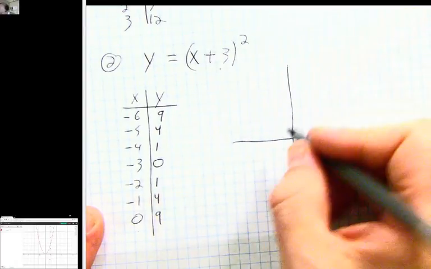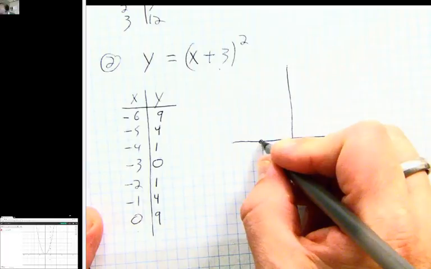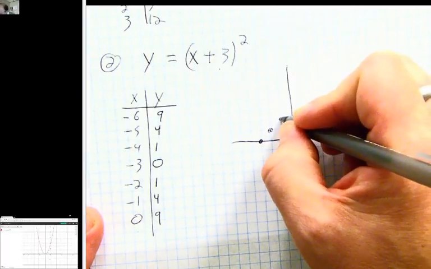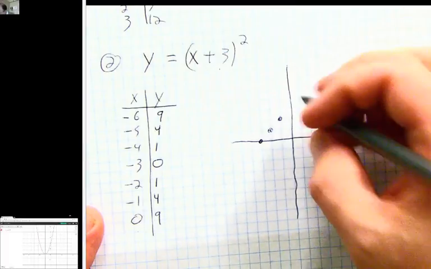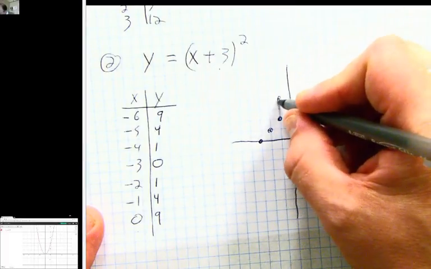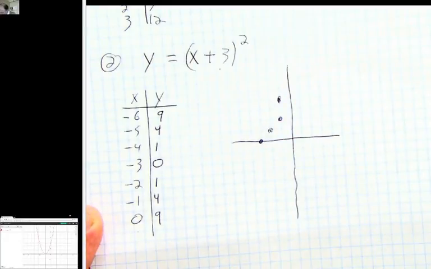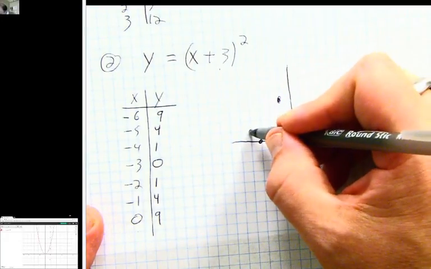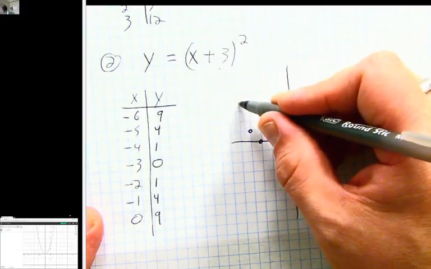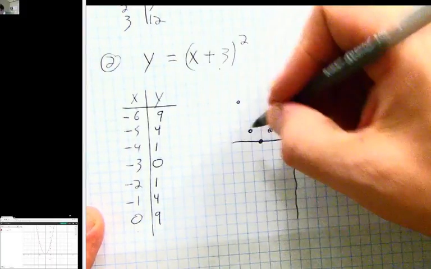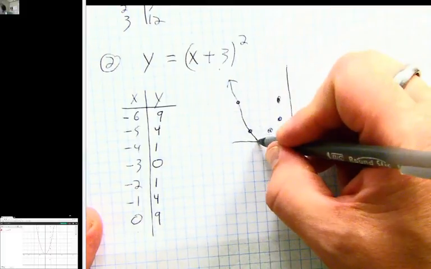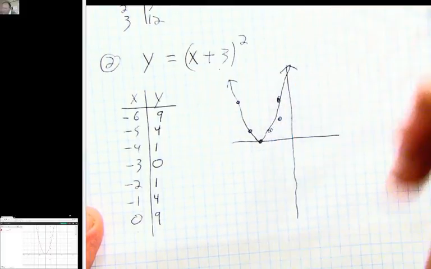I have -3, 0, -2, 1, -1, 4. Uh-oh, I've made a mistake. -2, 1, -1, 4 up here, like there. And then -4, 1, -5, 4, and -6, 9. I'm not going to graph that last 9th point, but the whole point of this is this